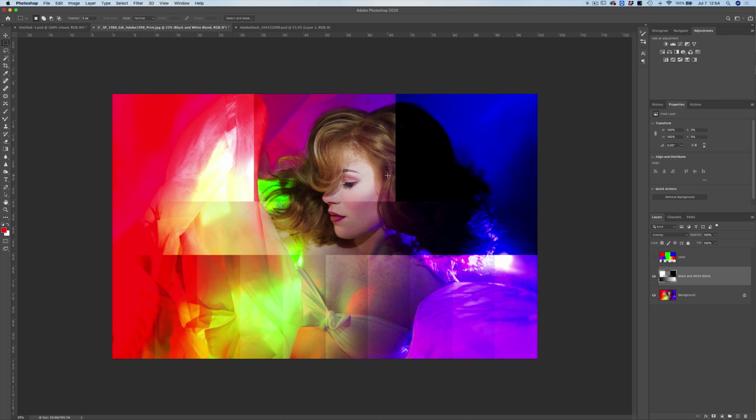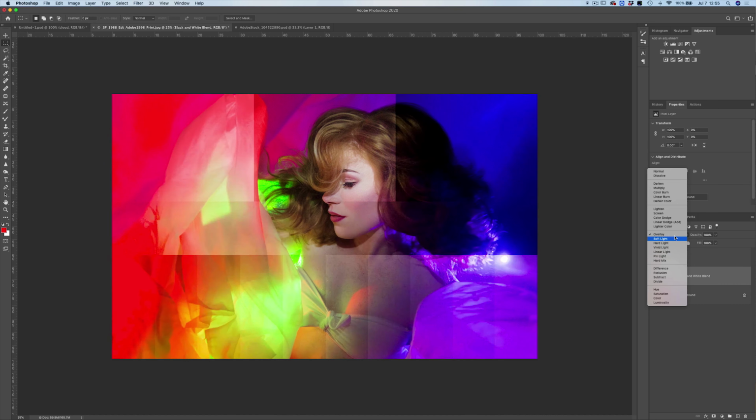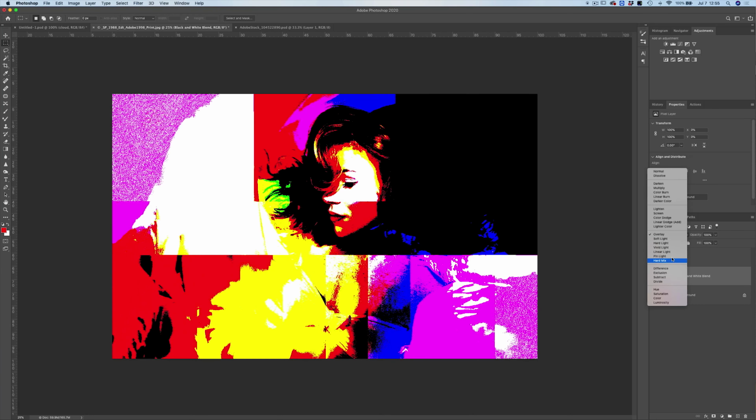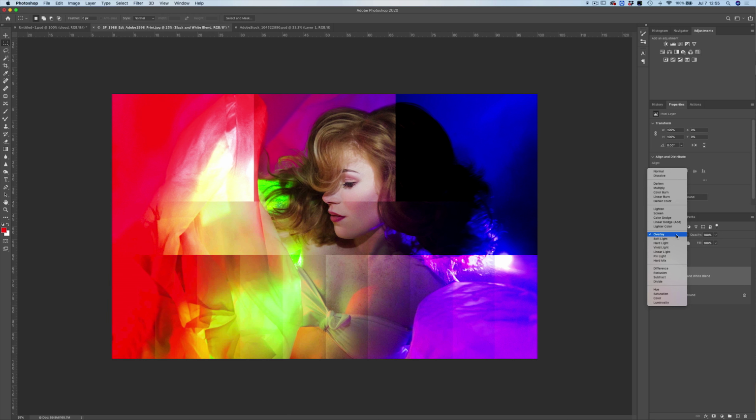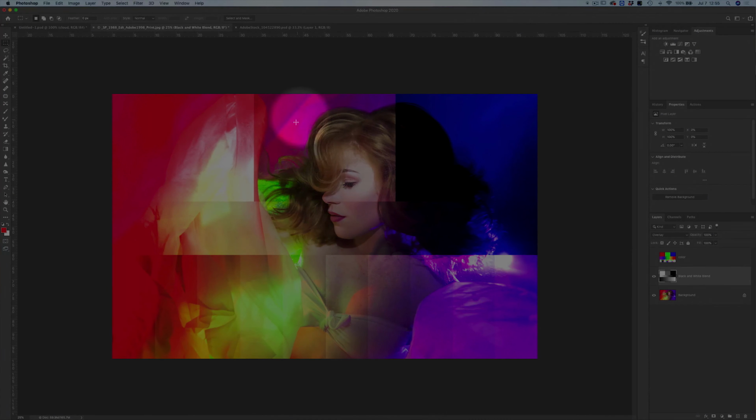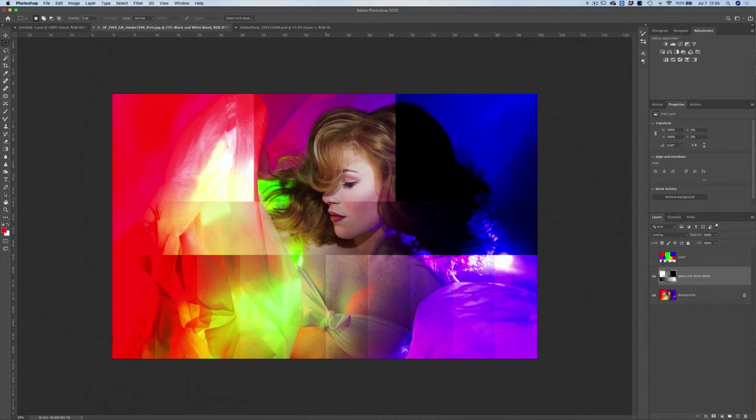What I do want to point out here is that 50% gray, when it comes to these blend modes within our contrast section, for almost all of them is going to render it completely invisible. So right here we have the box of 50% gray, so you can see that the layer currently is 100% invisible in that section.